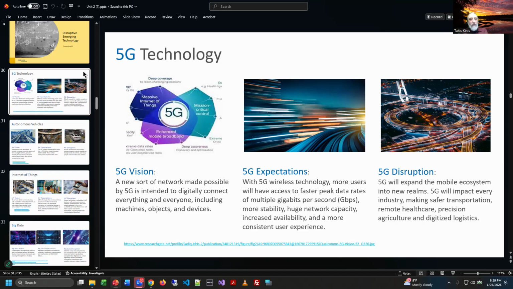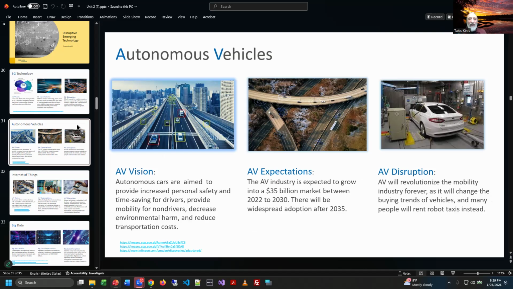Right. So super, super fast networks. Now, whether or not you get the full network speed, that's a whole different story. Usually you still have to be close to the tower. You still have to have a good device, et cetera, et cetera. And what you're connecting to has to be fast.